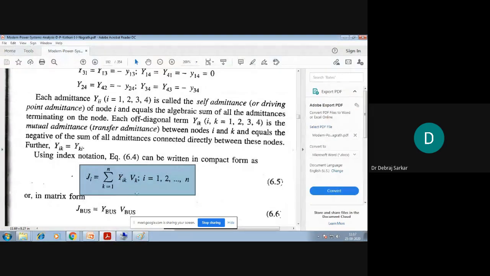It is given in this format because now we'll be talking about a lot of buses. There is not a single bus or two or three buses. It can be 15 bus, 20 bus, 1000 bus, or 10,000 bus. So you have 10,000 equations. Can you tell me, if there are 100 buses, what is the size of Y bus, J bus, and V bus?